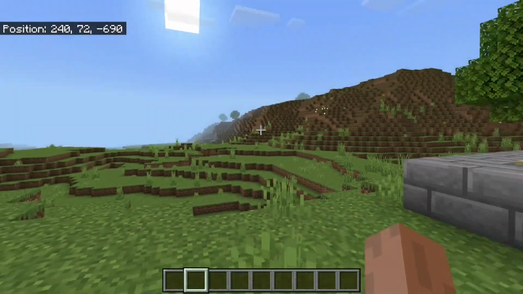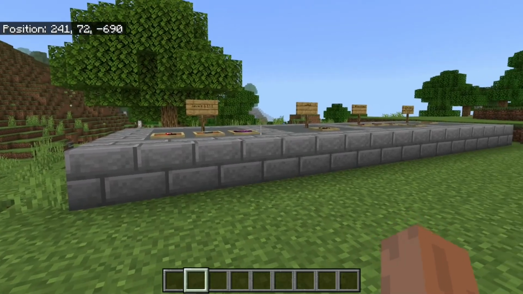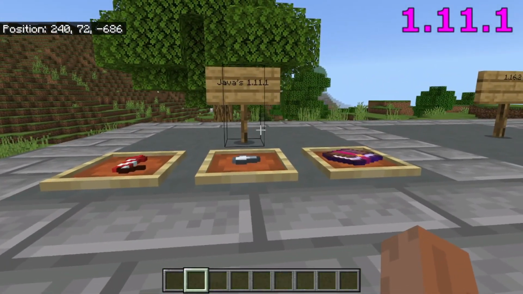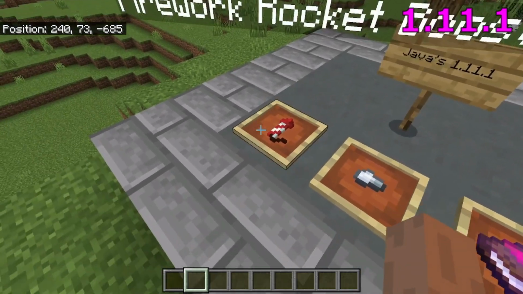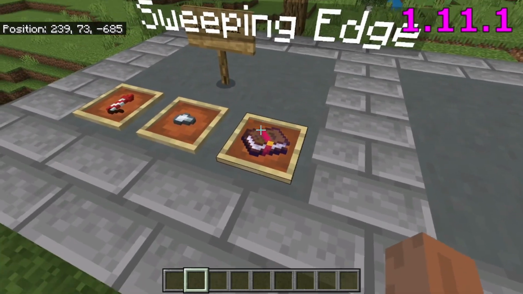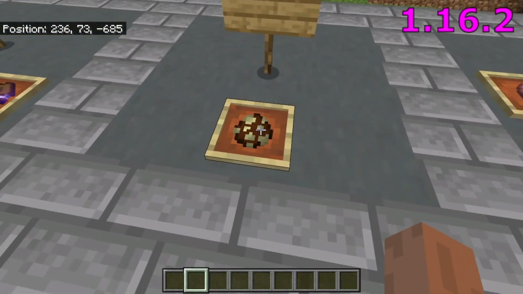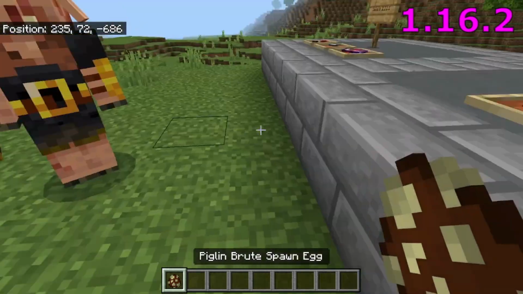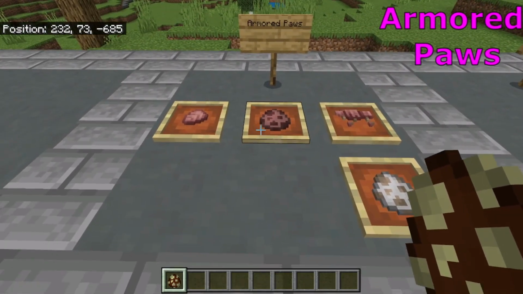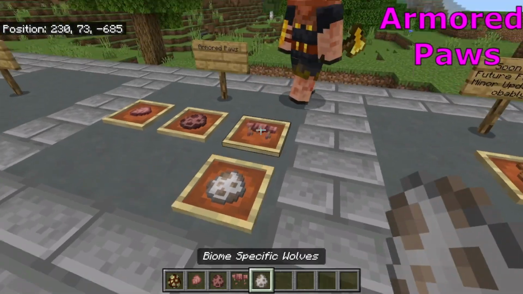And to get a real feel of it, I'm going to show off four major examples of minor updates holding brand new features, such as Java's 1.11.1 update, which added the Firework Rocket Booster for Elytras, the Iron Nugget, and the Sweeping Edge enchantment, which is still only accessible in Java Edition, the 1.16.2 update, which added the Piglin Brute inside of it, the Armadillo's Armored Paws update, which is the most recent example of it, where it added everything to do with the armadillo and everything to do with the wolf armor and things like that,